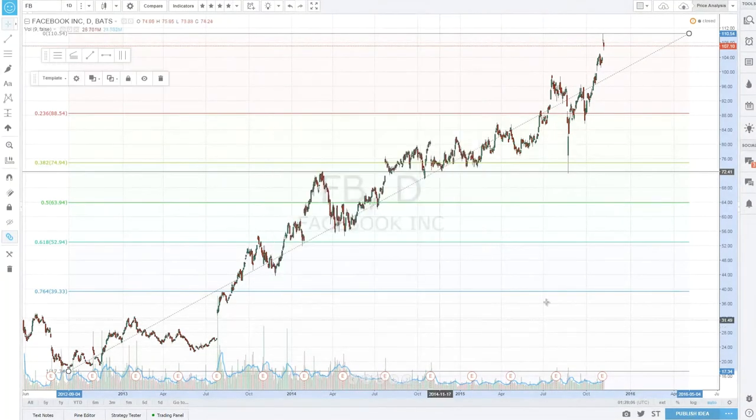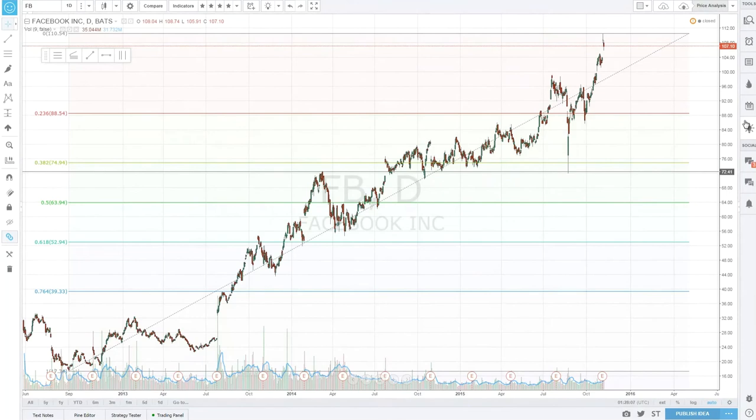You'll add back all your Fibonacci ratios. Here it is, the lines are back. All right, so that's step number 1. Now, one important thing I teach is to do it